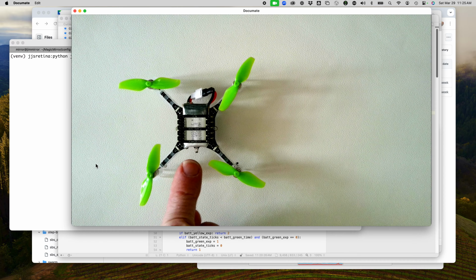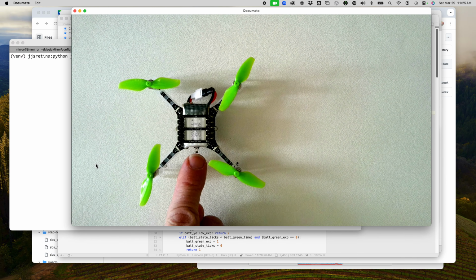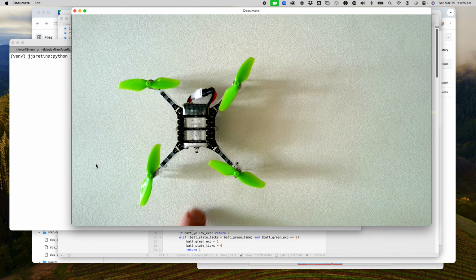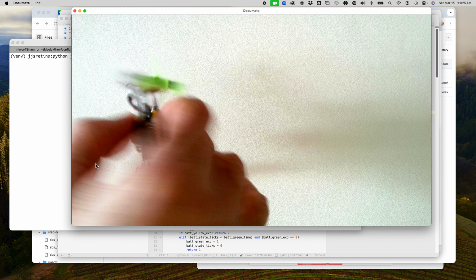And then the front of the CrazyFlie is indicated by this little notch. And then there's a little tiny button that you can see there, where you can turn the CrazyFlie off and on. And if I turn it over,